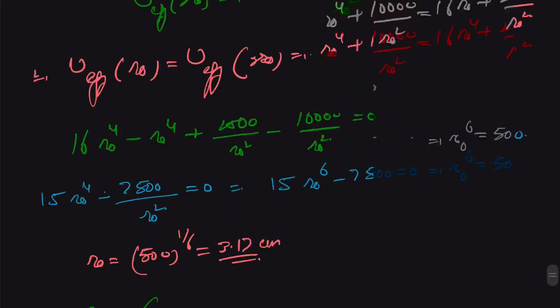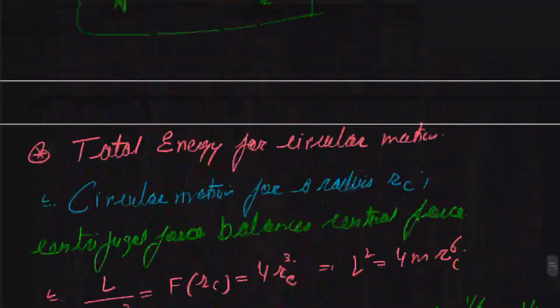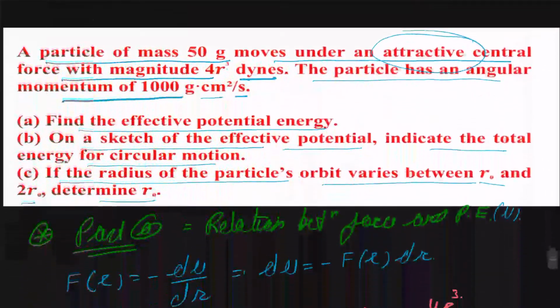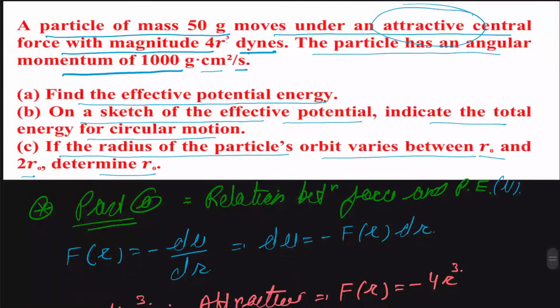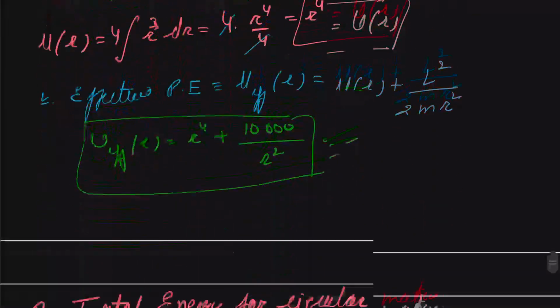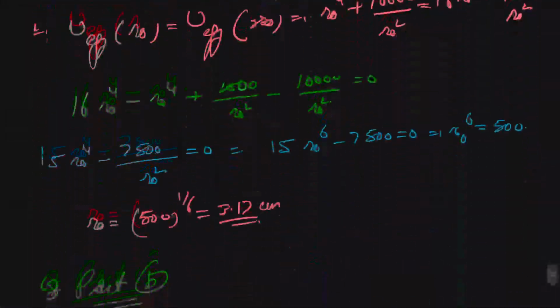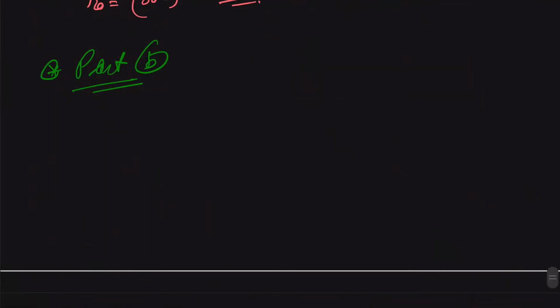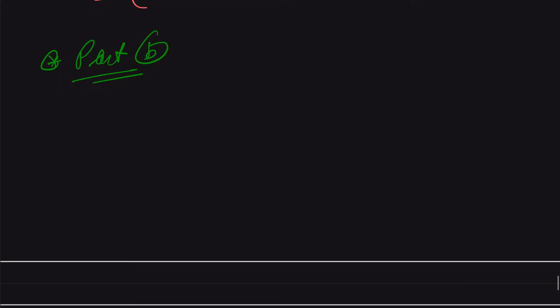For part B we are going to find the graph which states to sketch the effective potential. Potential means potential energy, and indicate the total energy for a circular motion. Okay, so this is not much of a problem. We already know that we are going to plot the graph between energy as well as our distance, that is our R. Okay. So let us take a common axis,